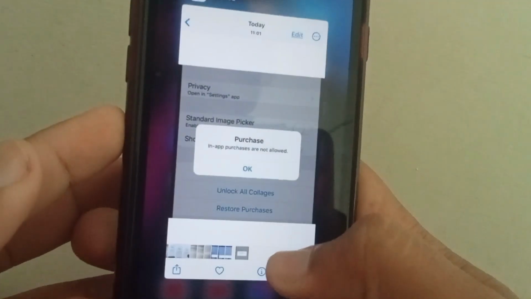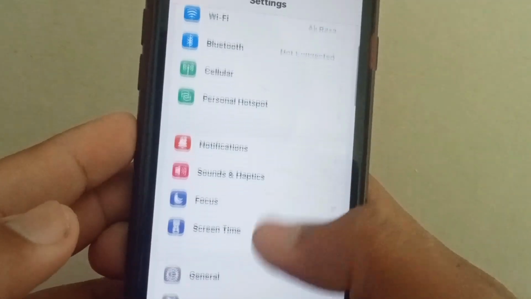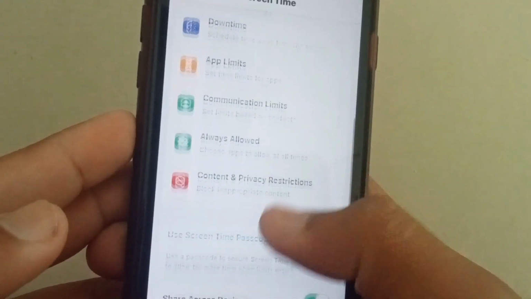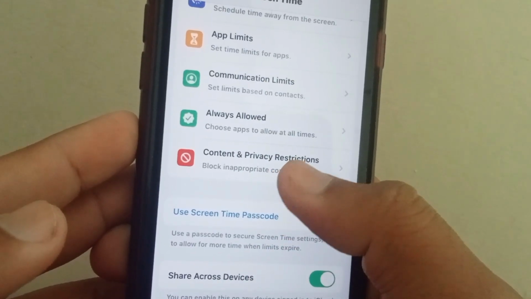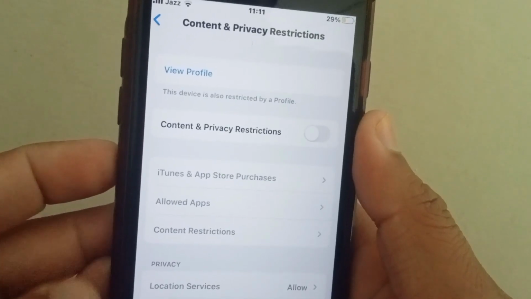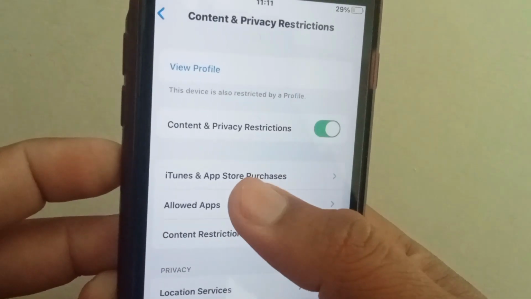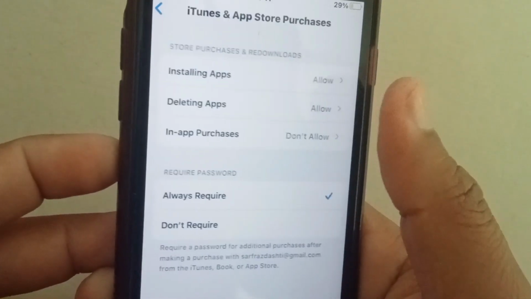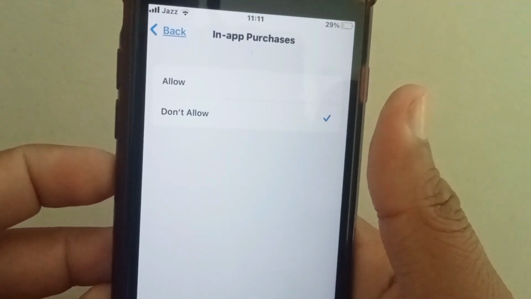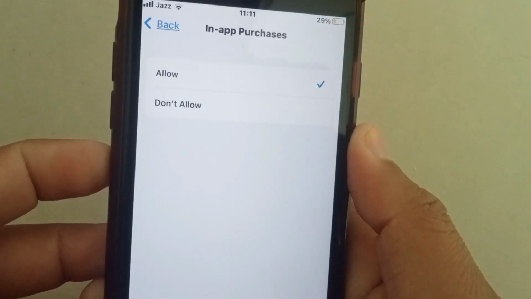First of all, go back to your home screen, open your Settings, scroll down and tap on Screen Time. Scroll down and tap on Content and Privacy Restrictions. If the toggle is turned off, you have to turn on Content and Privacy Restrictions and tap on iTunes and App Store Purchases, tap on In-App Purchases and tap on Allow, and after that check whether the problem has been fixed